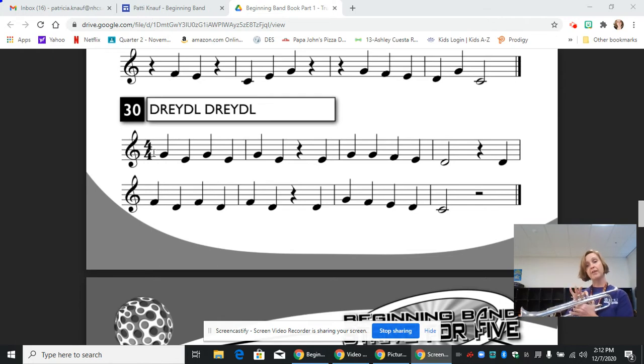So then we have F to D back and forth 3 times. On measure 6, beat 3, we have a quarter rest. Then beat 4 is another D. That is a pickup or anacrusis into the end. So we have open G, F, E, D, and then open C on a half note followed by a half